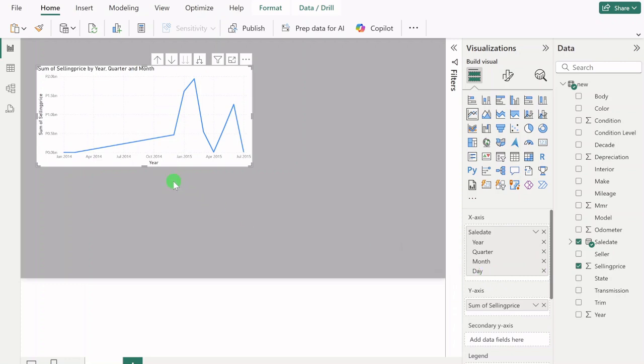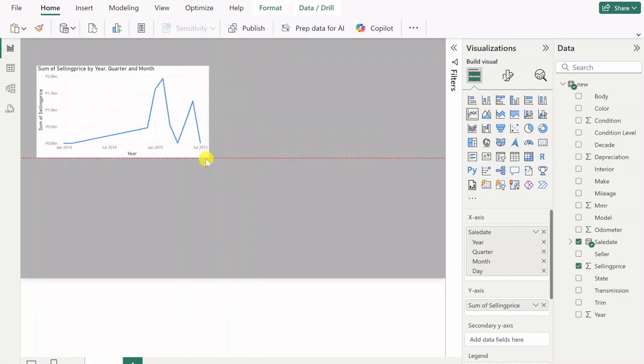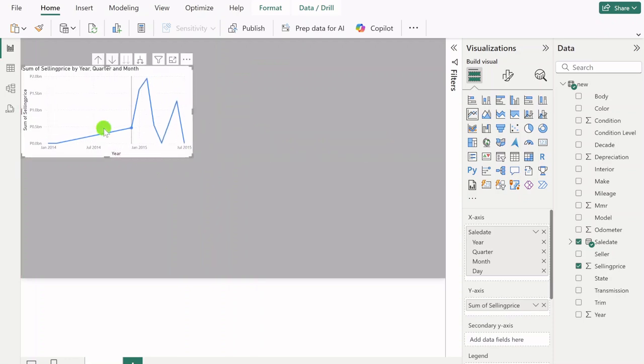Yeah, and so that's pretty much the visualization of the sum of the selling price divided by the years and the months of the year, moving from January 2014 to July 2015. We see a peak at January of 2015. I wonder what economic boom was going on there. And then from there,